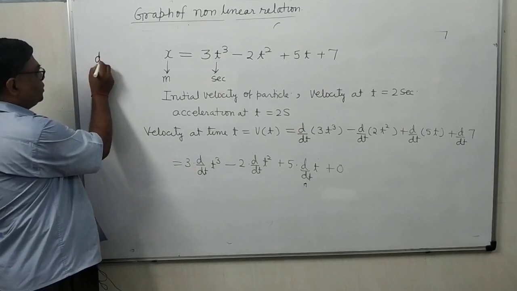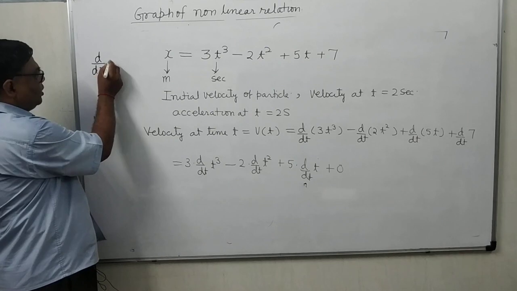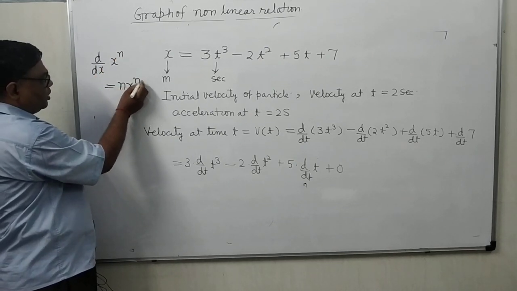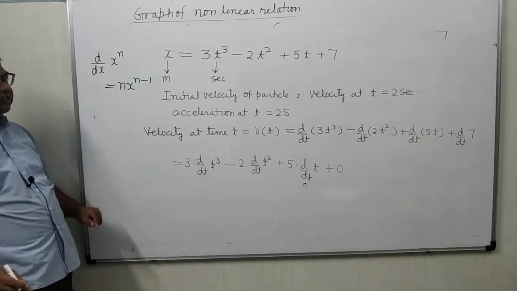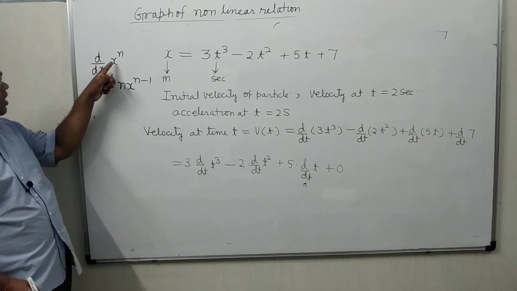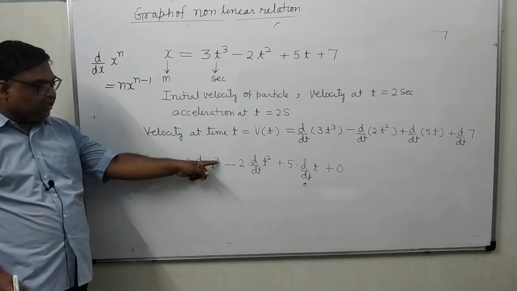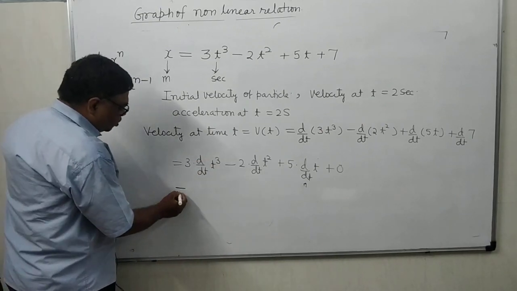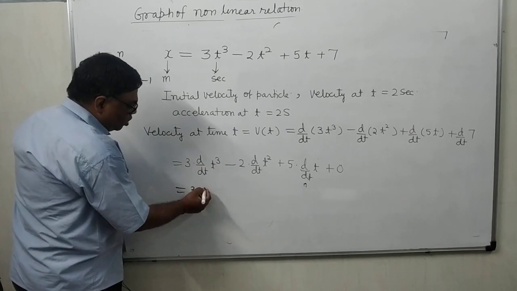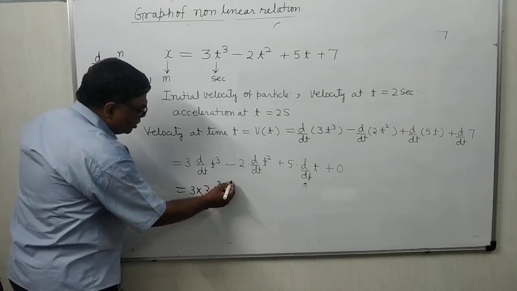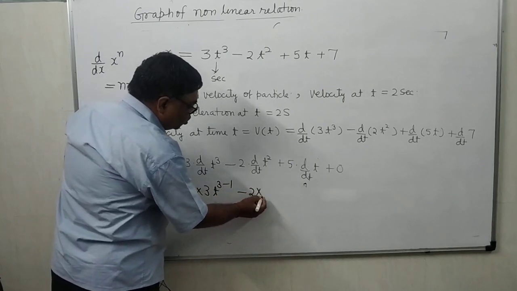So you will apply the same formula. d by dx of x to the power n equals n x to the power n minus 1. Here in place of x you take t, so d by dt of t to the power n. So what is n here? n is 3. So it is equal to 3 into 3 t to the power 3 minus 1,